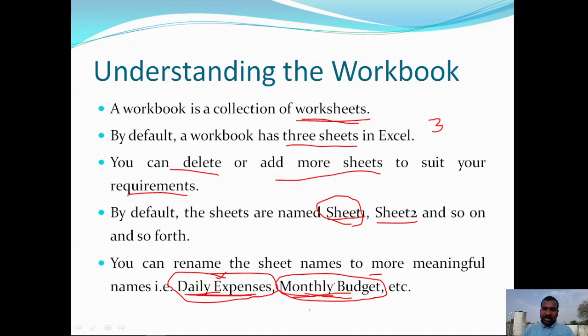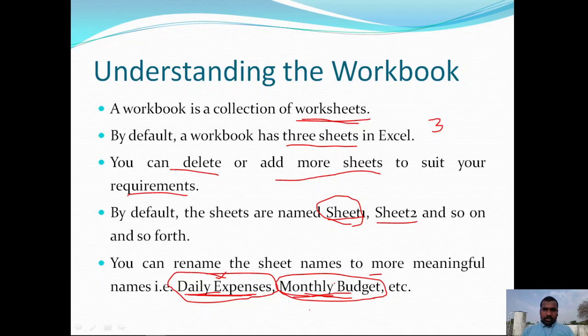The default names are Sheet1, Sheet2, Sheet3, Sheet4, Sheet5 and so on. If you don't give any name and you create sheets sequentially, the naming sequence will be Sheet1, Sheet2, Sheet3, Sheet4 and so on, with the number increasing, preceded with the text Sheet.